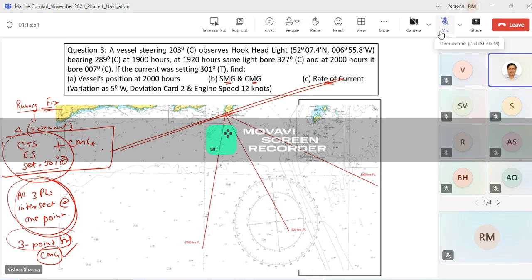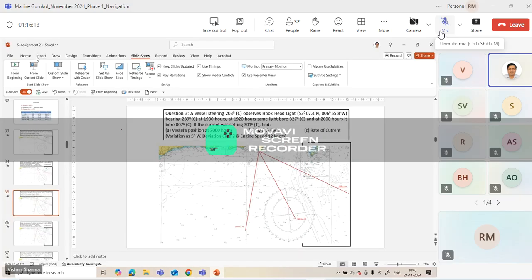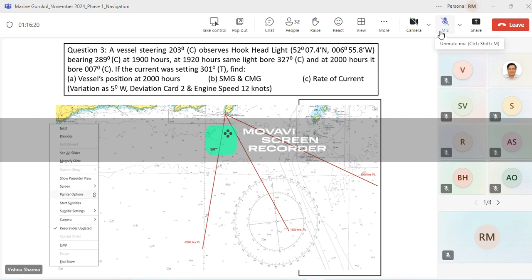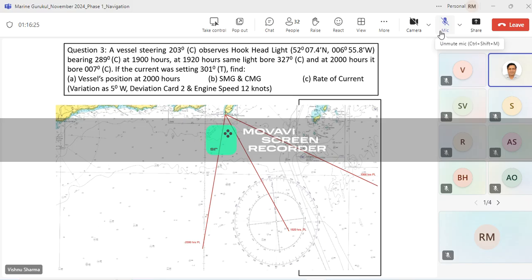Now, some of you may have been told to draw it perpendicular to the middle bearing. Don't waste your time. If you want to draw perpendicular to the middle bearing, by all means, no issues. If you want to draw something like this, that's also okay. As long as all three bearings are kept on the same side of it. Keep all three bearings on the same side of the line that you draw. Since it's already red, let me use another color. Draw any line through this